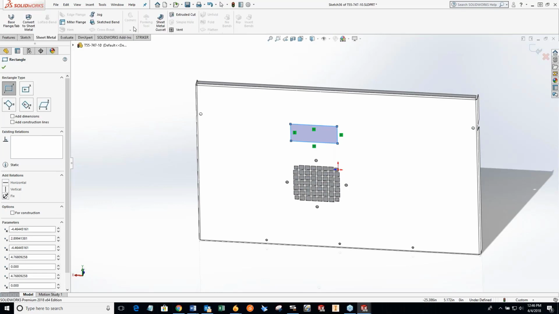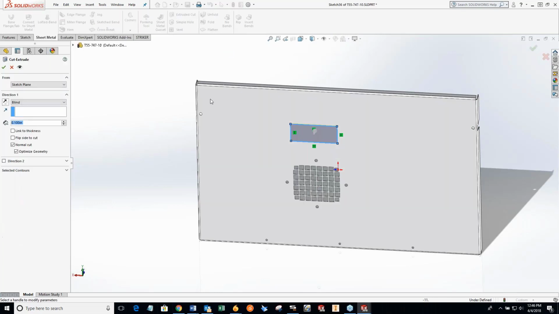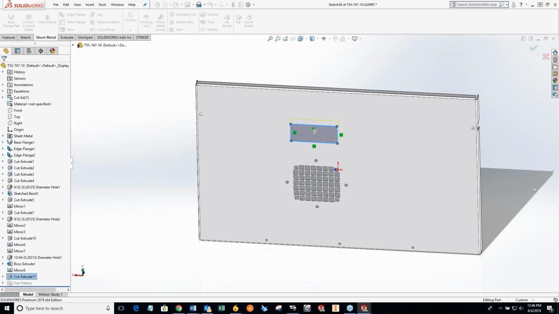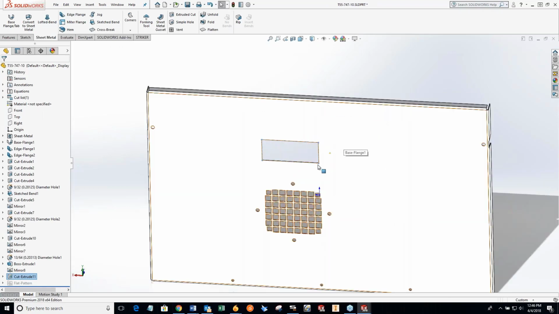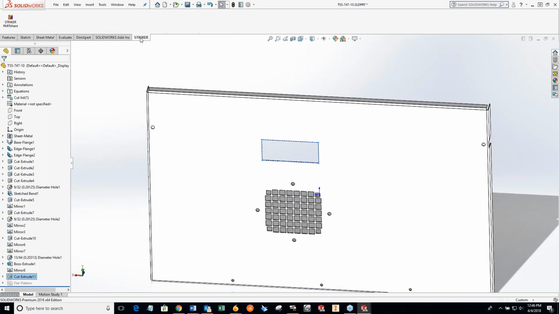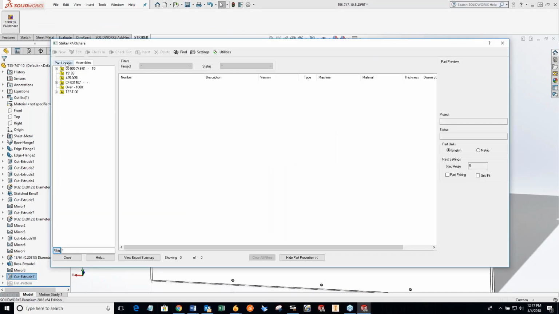And I'm going to go over and say I want to do an extruded cut of that, which again we'll do through and apply that. So again, I've created a new cutout in this part. Now this time, rather than going back and updating the assembly, if I just want to update and overwrite a part, I can just work here at the part level, within the Striker environment,